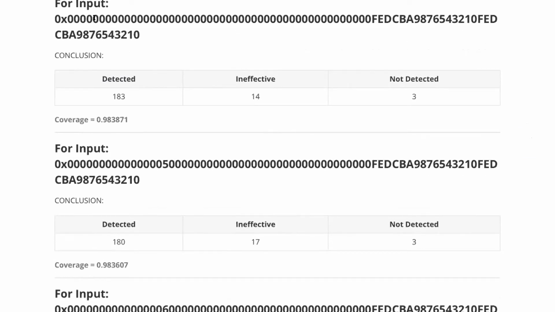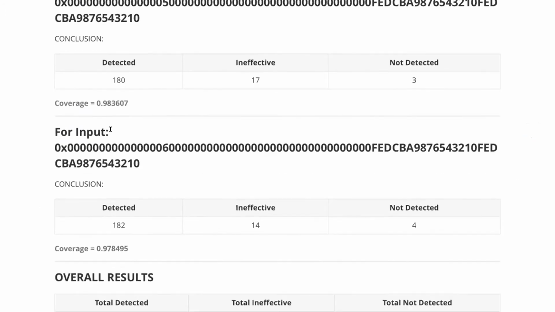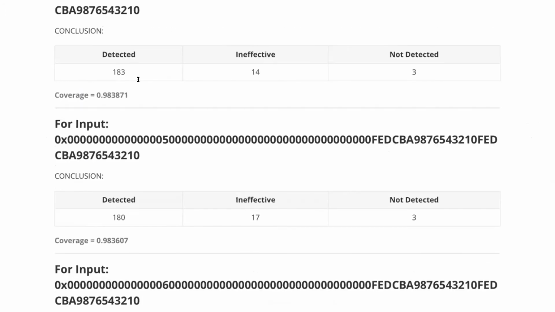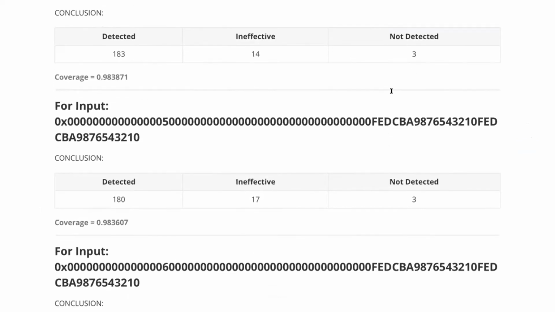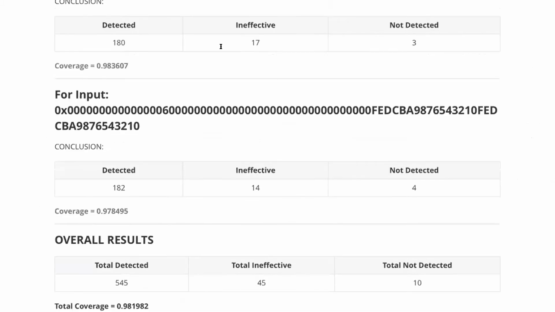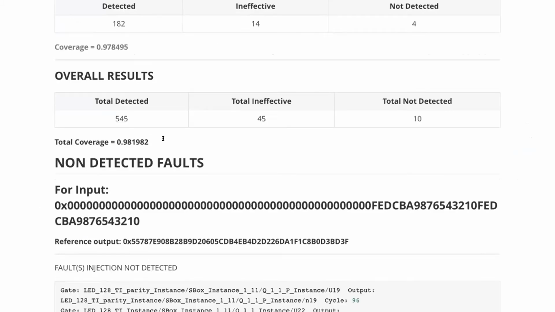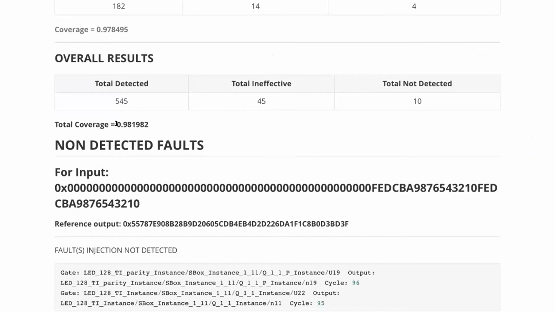We gave some input test vectors, and we reported detected faults, the ineffective faults, and the non-detected faults for all the inputs, and then an overall summary. As we can see here, with only 2-bit faults, we could already find some faults non-detected, failing to achieve the full coverage